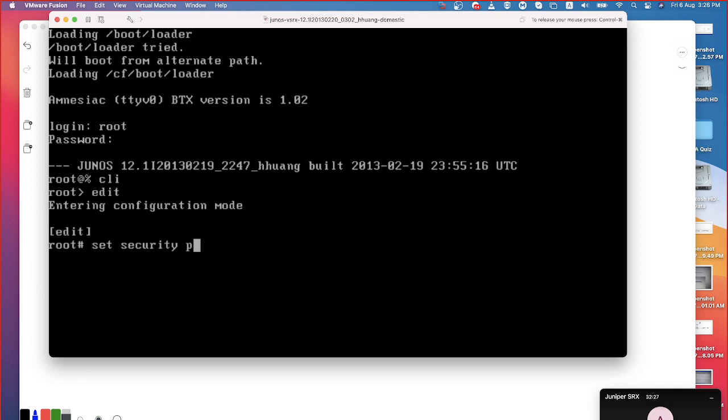Set security policies. Okay, so that is the hierarchy. You can say it like this, or you go to this edit security policies hierarchy. Assume that this is the folder. Security is a folder, policies is a folder. I'm using the cd command to move from the root folder to security and policies. Now whatever commands or folders are available under policies are available to me to execute. I can execute it. Now I'm showing the syntax of it.